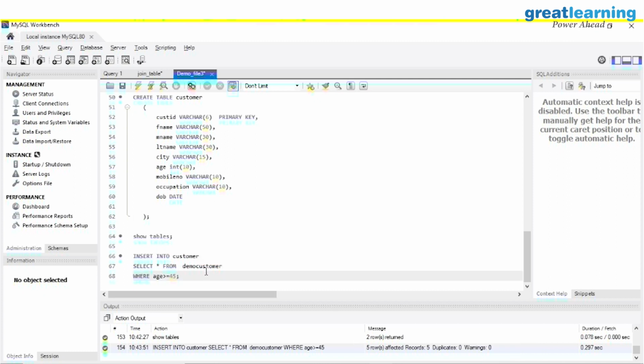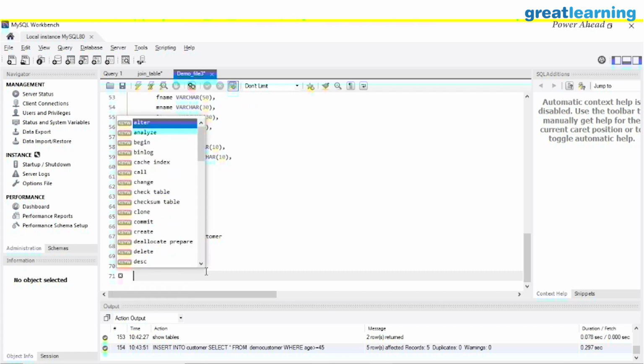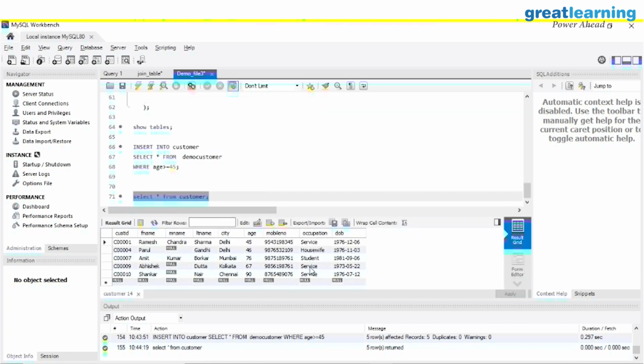Now I want to see what is inserted in my customer table. So again I am going to write select star from customer. Let me just execute this command. Yes, you can see that I have 5 rows in the customer table from demo customer: 1, 4, 7, 9, 10.